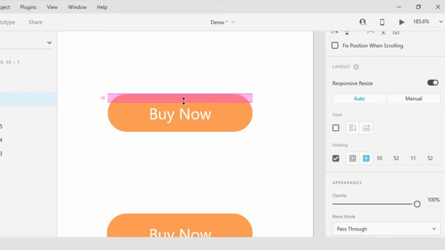Once I'm inside the object, because I have clicked on it that first time, I get a heavier pink indicator letting me know that I am on the lower pad. If I roll over here to the right and the top, I can continue to see the padding that is defined for each of these areas visually.